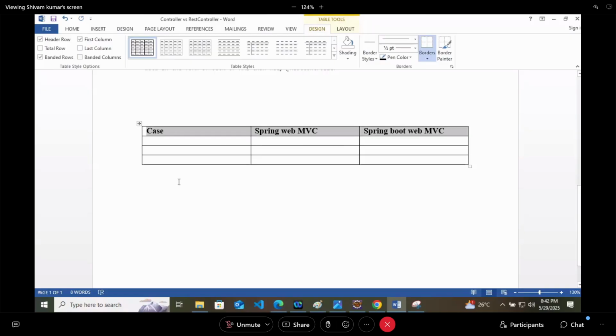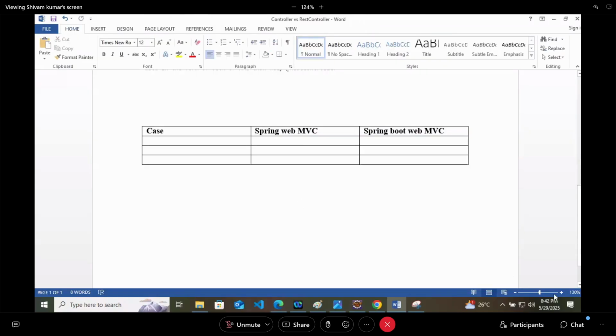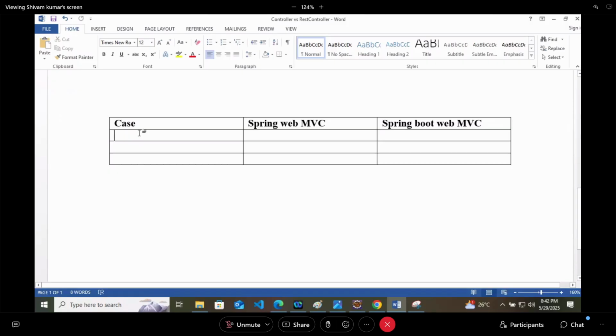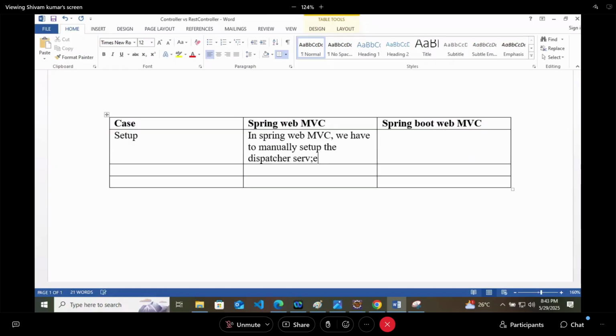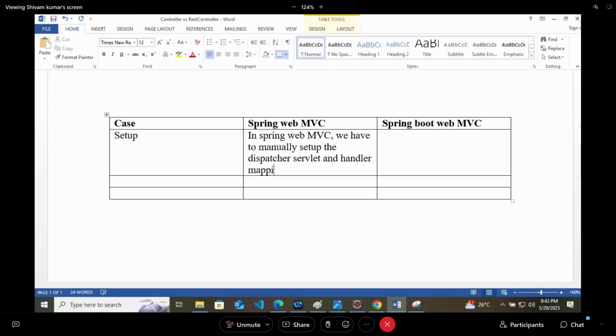In Spring Web MVC, we have to manually set up the dispatcher servlet and handler mapping and internal view resolver. In Spring Web MVC, we have to do it manually.